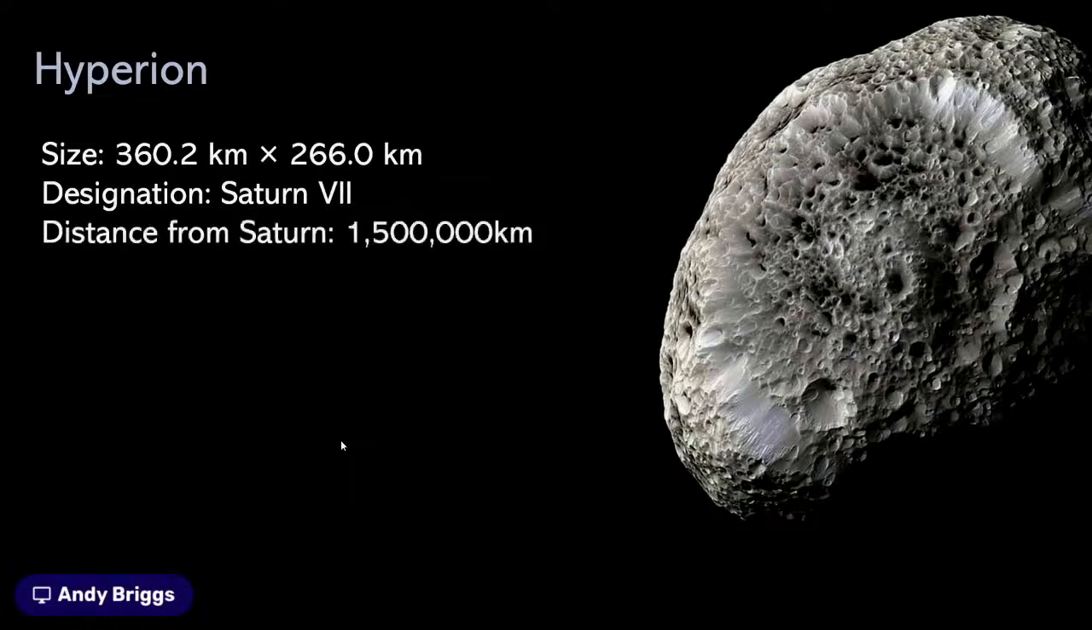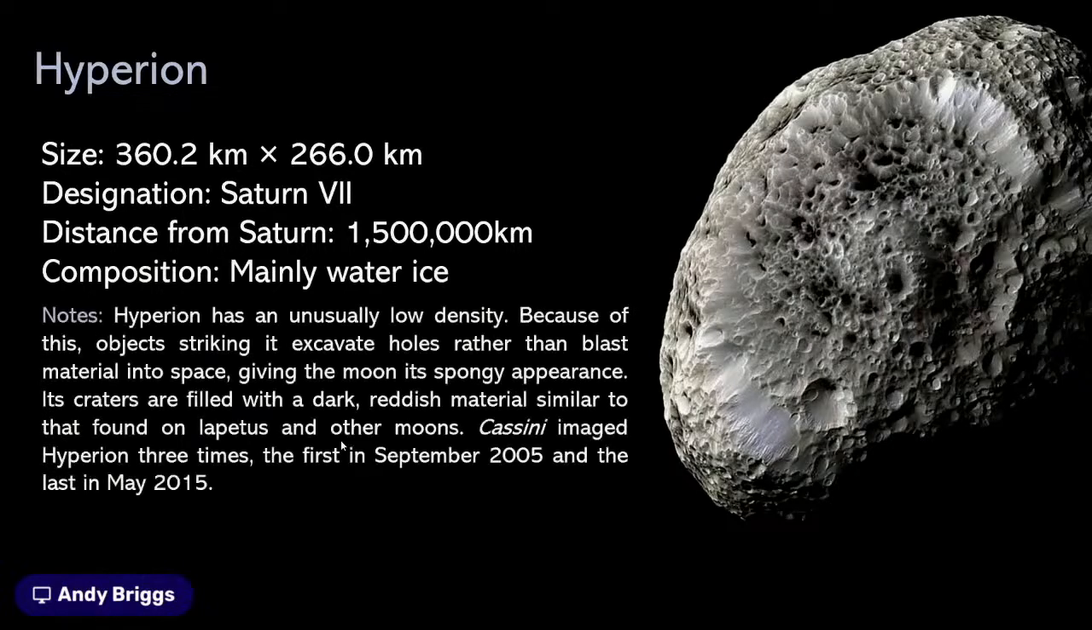It's actually 1.5 million kilometers away from Saturn. Its composition is mainly water ice with a bit of rock thrown in. And it's got an incredibly low density for a moon of its size. Now, what this means is when meteoroids, if you want to call them that, bits of rock hit it, instead